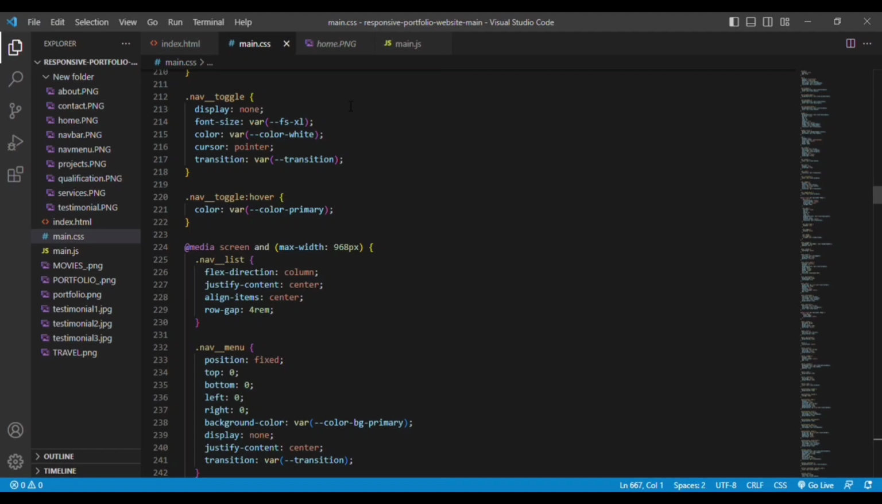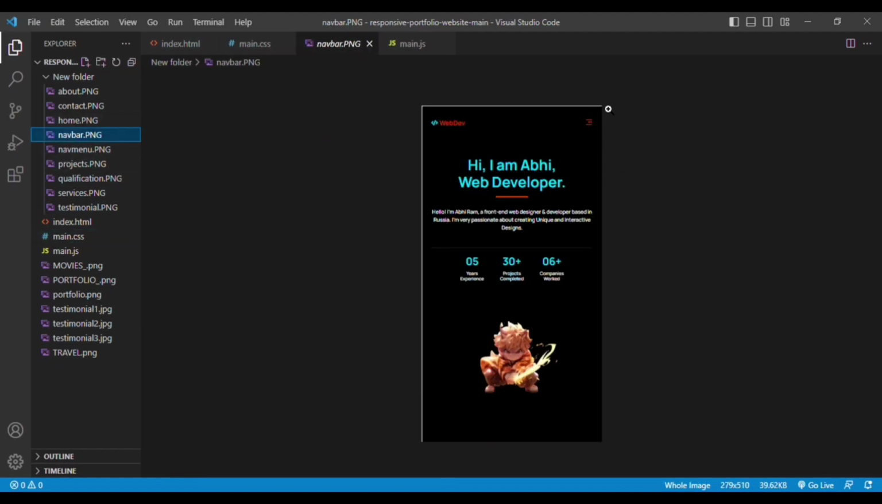So here what we are doing is display equal to none, which means it will not be visible in the desktop version. It will only be visible in the mobile version. The nav element you can see here, this nav element is there now. The nav button will only be visible in